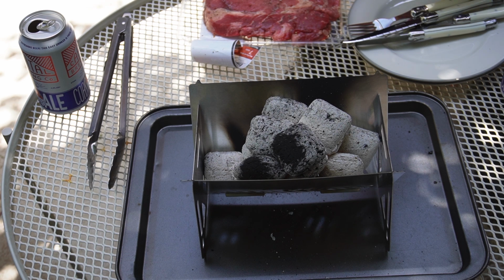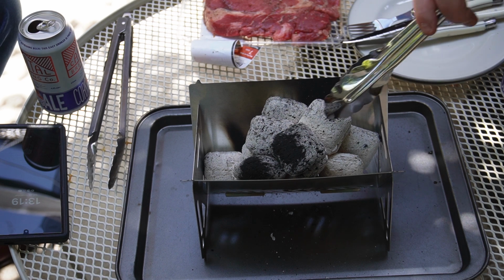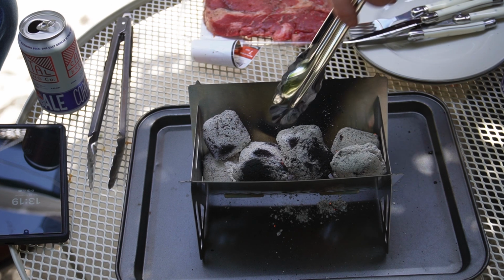So it's about 40 minutes later and pretty much ashed over. I think they're good enough to start cooking. We've got a few things to try and cook today, so what I will do is make sure that the ones that need a little bit longer are right in the middle to try and even out the...